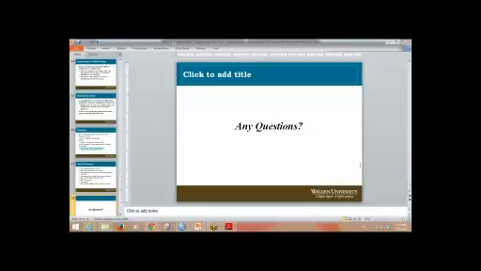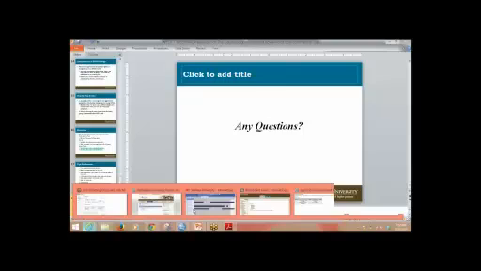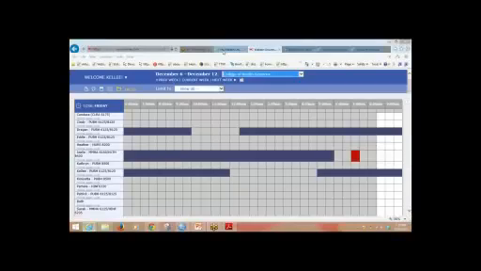Yes, you can make an appointment with any of the peer mentors. If your peer mentor is not, well, any of the peer mentors in your course, let me pull that up again. As you can see, there's several peer mentors here, but they're not all in biostatistics. Like Heather is nursing 8200. That's a statistics course, but it's not biostatistics. So make sure you're choosing one of the peer mentors who are in your course.